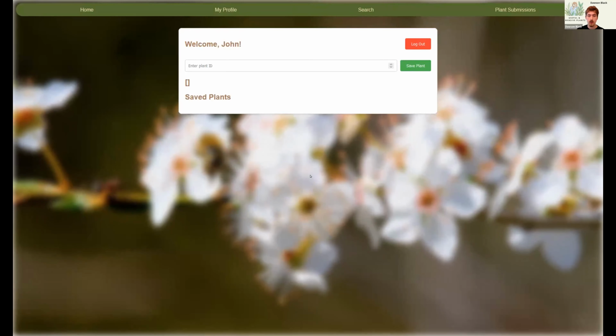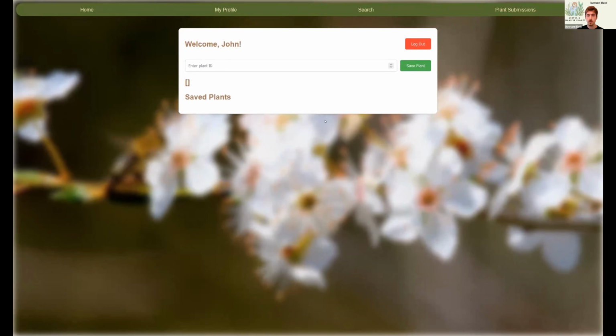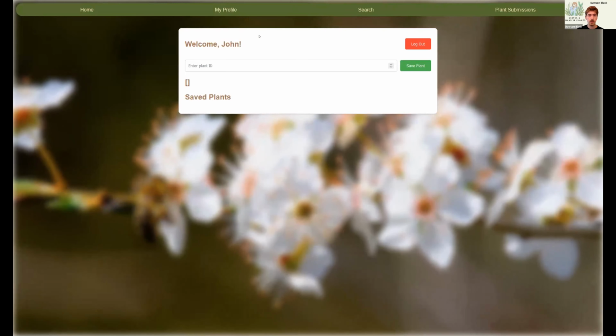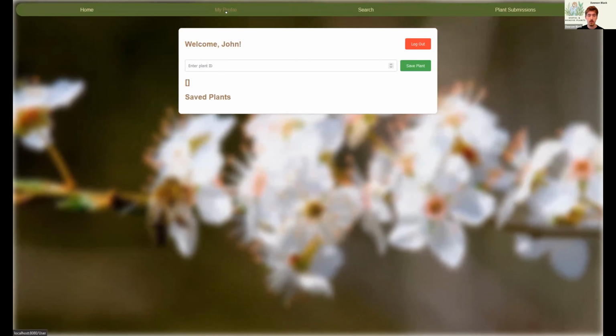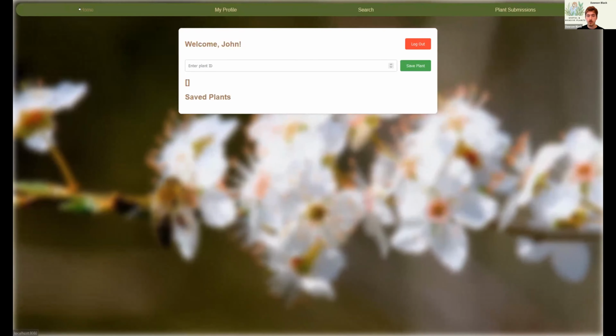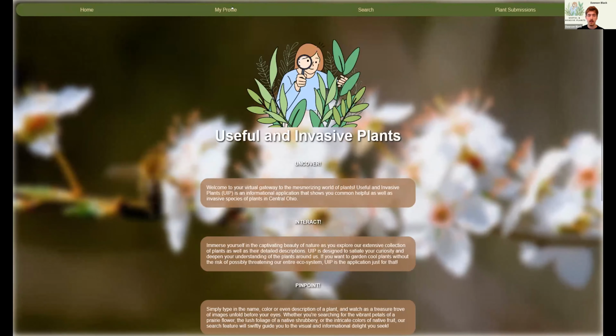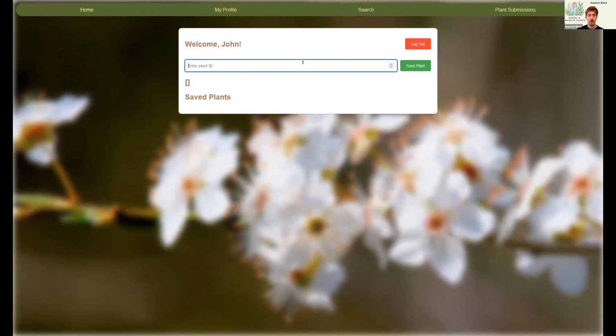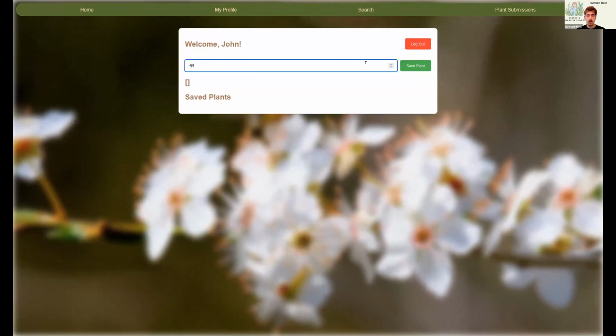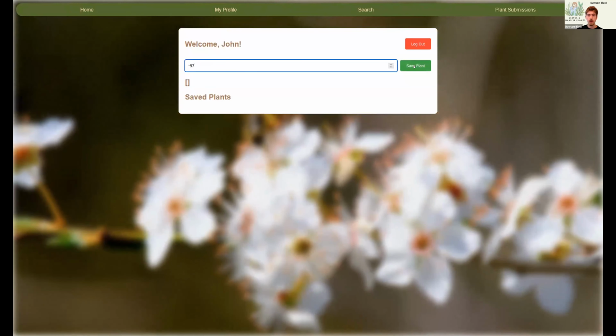Upon successful login, you're brought to the My Profile page, which displays your name and your list of saved plants. Of course, we don't have any because the account is new. There's also a text box for you to enter the ID of the plant you like in order to save it to your profile. And of course, if you want to log out, all you have to do is press